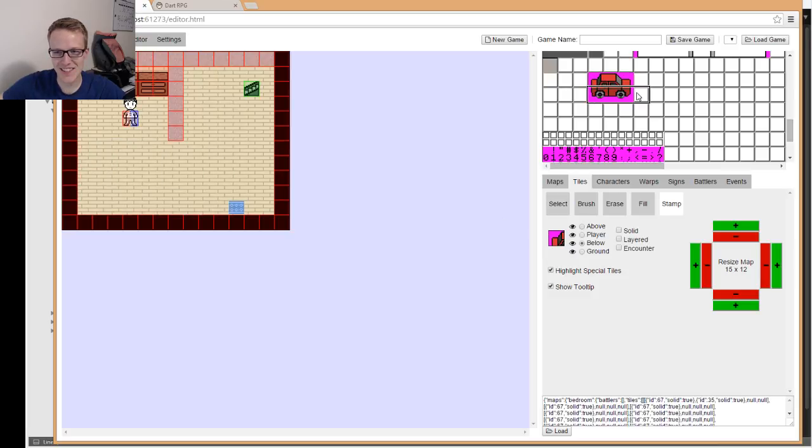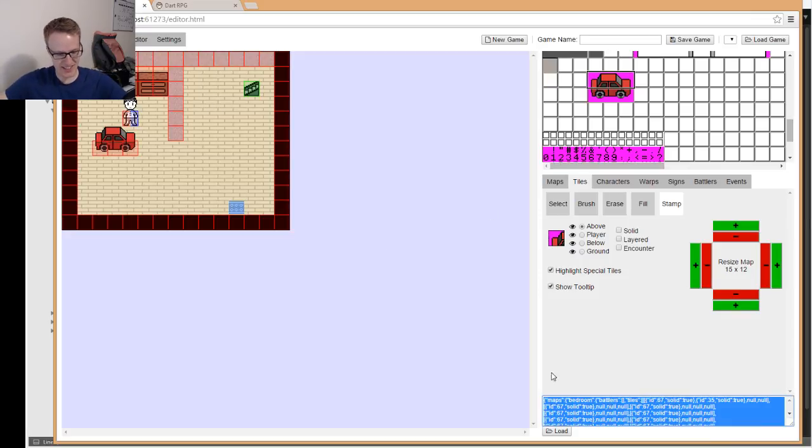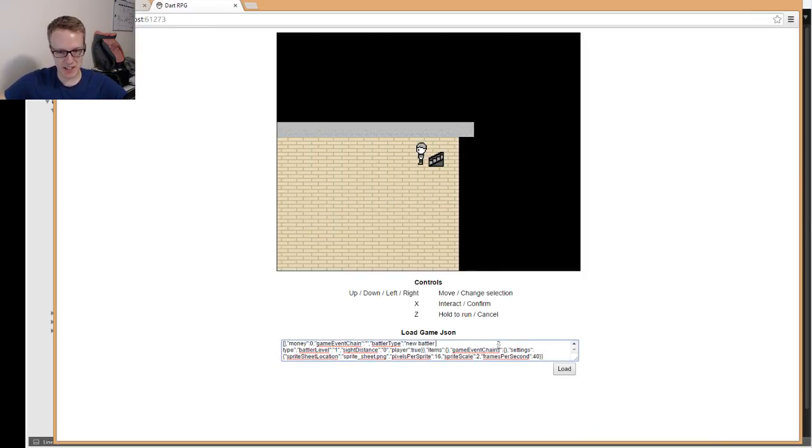So actually what you want to do, this is the hard part. This is below and solid, right? And then this half is above and not solid. Does that make sense? So if we go load the game here,